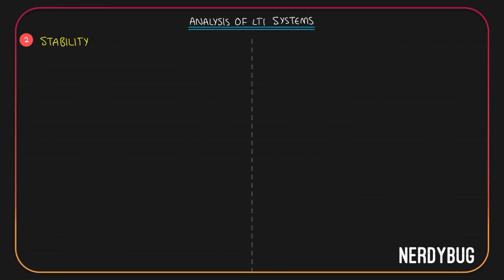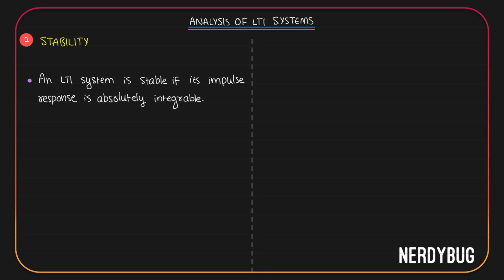Let us now learn how to check the stability of an LTI system using Laplace transform. When we discussed the properties of LTI systems, we learned that an LTI system is stable if its impulse response is absolutely integrable. That is, if you integrate the impulse response from -infinity to infinity, you should get a finite value. But if you have a function x of t and you're integrating it from -infinity to infinity, that is the integral from -infinity to infinity of x of t dt, and it is less than infinity, which means it is a finite value, then this is also the condition for the Fourier transform of the function x of t to exist.